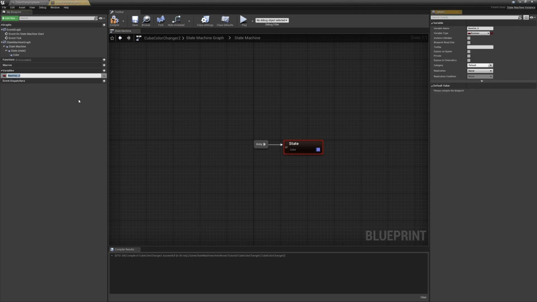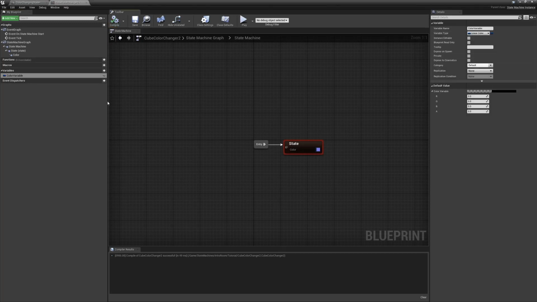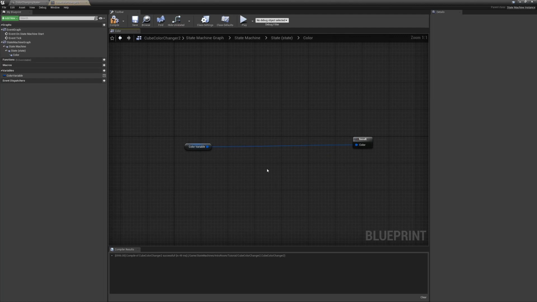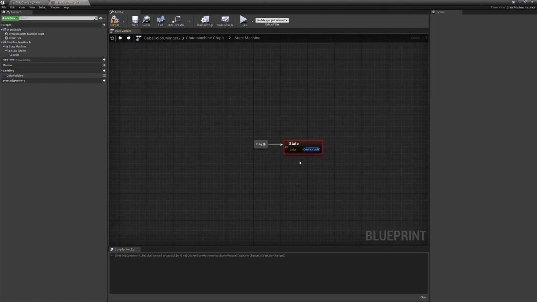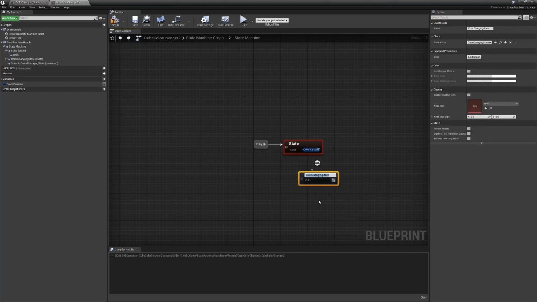Drag and dropping is just what it sounds like. Let's create a color variable of the right type, compile, and just drag it over. You'll see a green check mark, and boom, it's set. You click on it, and you can see it automatically wired the graph for you. Let's add one more state. Click and drag. This time, let's directly click on color changing state, and this just creates and auto wires the state for you. You don't have to worry about assigning it manually.